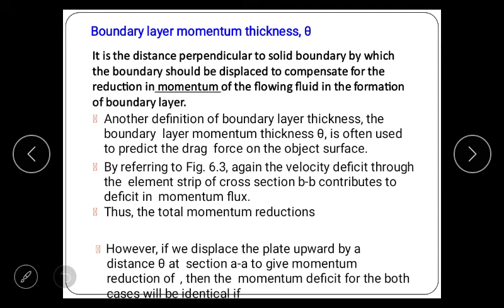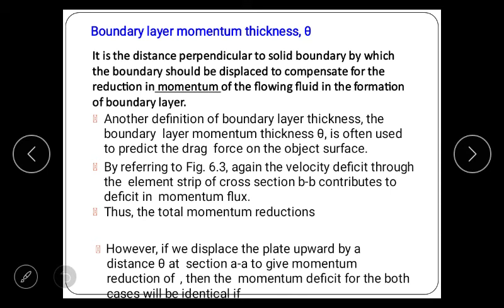Now momentum of fluid is nothing but the mass flowing per second into velocity, and we can derive the final formula. Derivation may be asked, but if there is no theory exam, then there will be only multiple choice questions, hence you should remember this point firstly, the multiple choice question point.